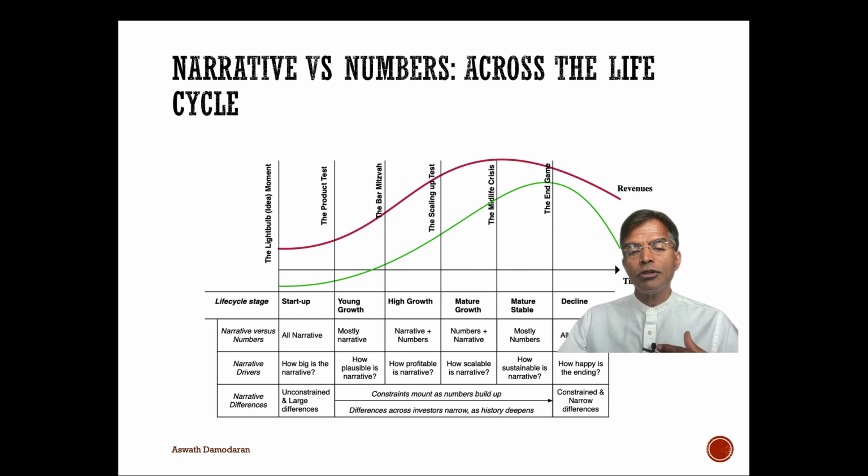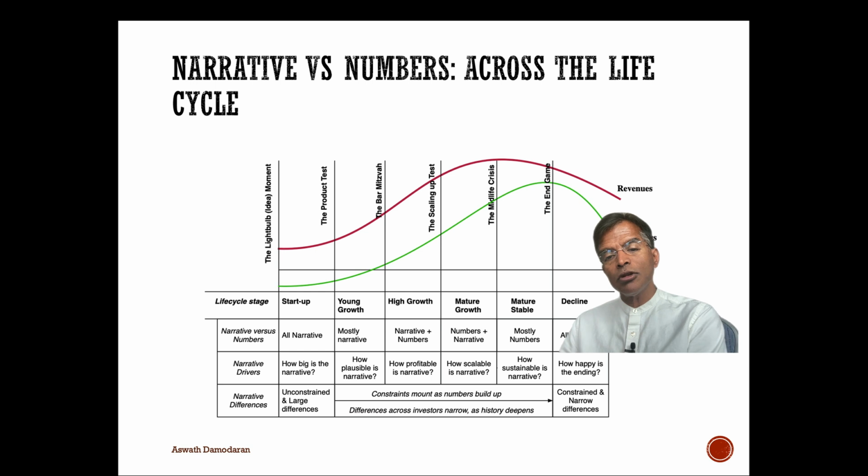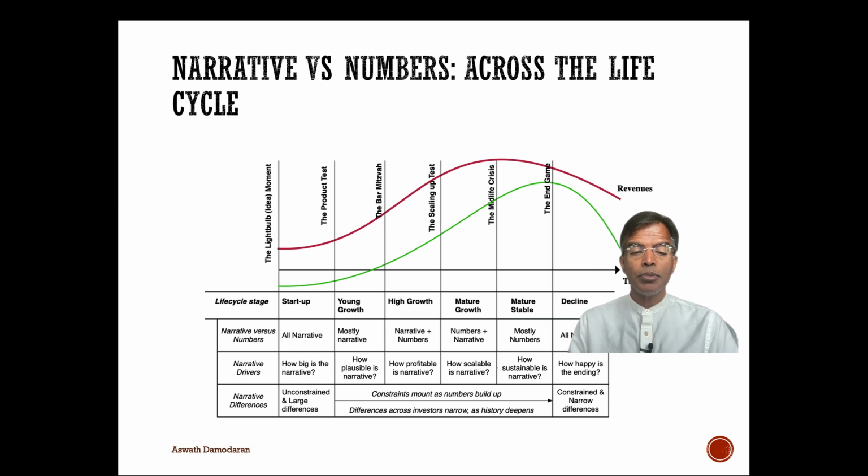And when you look across investors, you expect to see big differences in value because you're each telling very different stories. As companies age, the numbers start to come into play. You're valuing Coca-Cola. The numbers might drive your story rather than the other way around. You're more number constrained, and the differences you will see across investors will narrow because you have now far more that you agree on that's already on the ground. You should expect to see a lot more storytelling with young companies, a lot more number-driven valuation with mature companies.